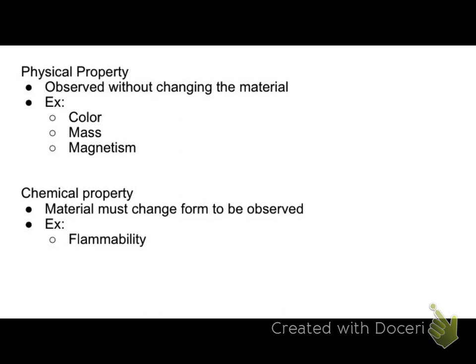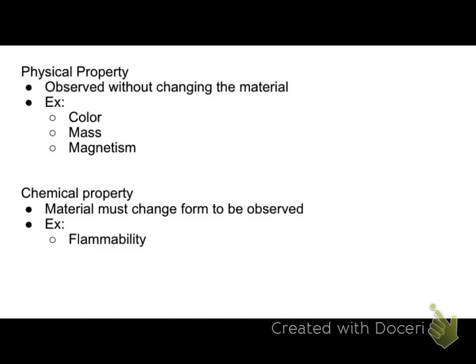That's the difference between a physical property and a chemical property. You would be able to look at my mysterious outer space object and tell me its color. You would be able to tell me its mass by putting it on a scale. But in order to figure out if it would burn, you would have to physically light it on fire. And the problem about burning is that when you burn something, you change what it is. Wood turns into ash, right? Wood and ash, you would say, are very physically different, right? So it's a different substance,